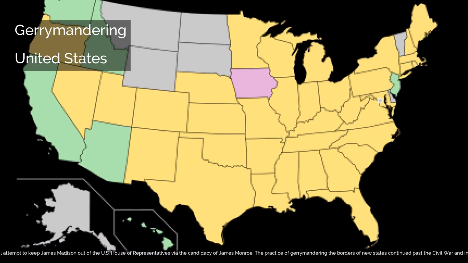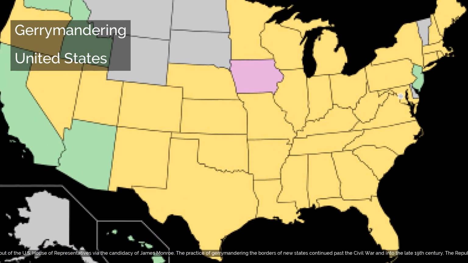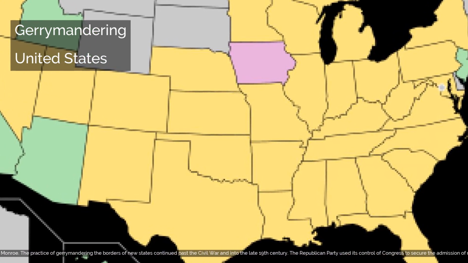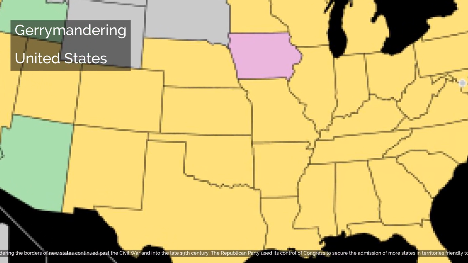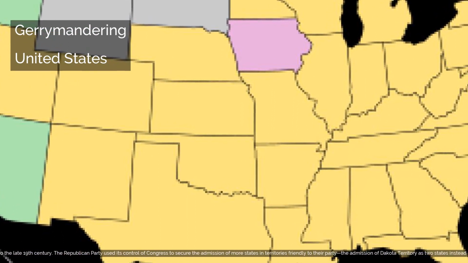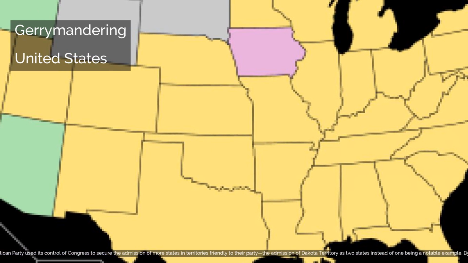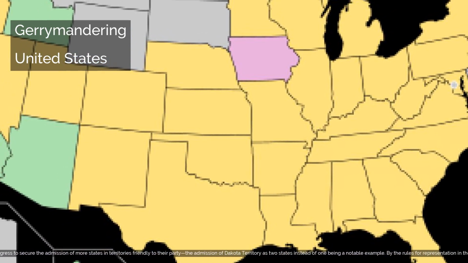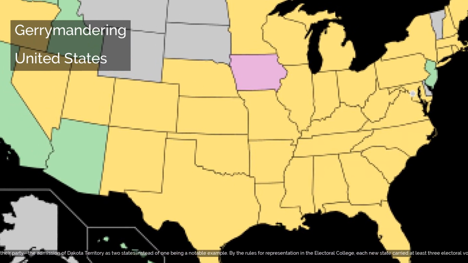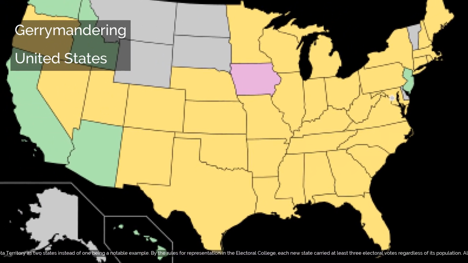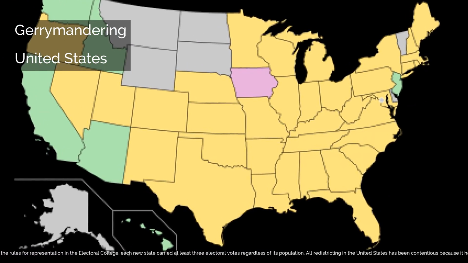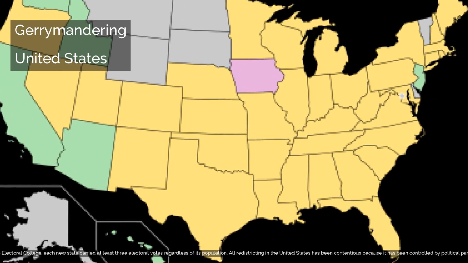The practice of gerrymandering the borders of new states continued past the Civil War and into the late 19th century. The Republican Party used its control of Congress to secure the admission of more states and territories friendly to their party, the admission of Dakota Territory as 2 states instead of 1 being a notable example. By the rules for representation in the Electoral College, each new state carried at least 3 electoral votes regardless of its population. All redistricting in the United States has been contentious because it has been controlled by political parties vying